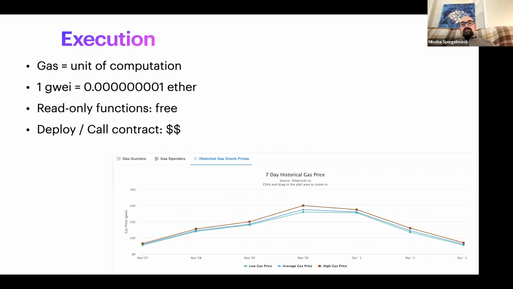So the nuts and bolts of actually running these smart contracts is you actually pay people, miners, to process your transactions, and your transaction will be either deploying a contract or maybe calling some function in a contract. And these functions can be read-only, which are free to execute, or they can write to the blockchain, in which case you have to pay some money. And this money is called gas. So the gas is measured in Ethereum tokens, and you pay these miners some piece of that Ethereum to process your transaction, to run your program and write something to the blockchain.